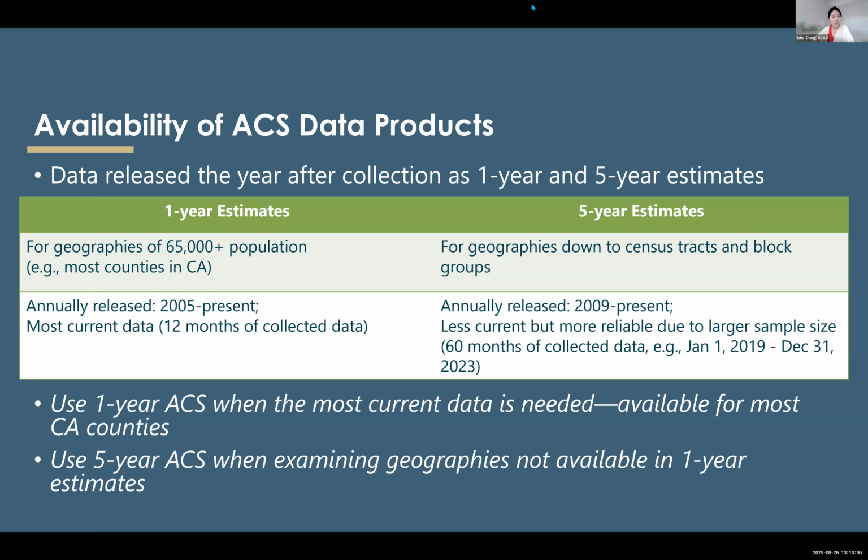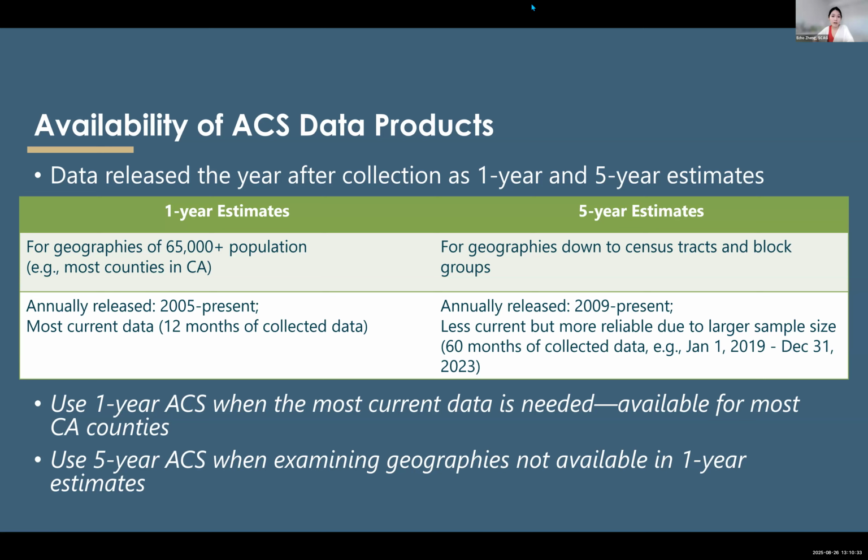So you can imagine that for the available geographies, you can extract annual data and look at the trends for almost the past 2 decades. So the 1-year ACS really provides the most current data. On the other hand, the 5-year ACS are available for geographies that are smaller, down to the census tract and block groups level.